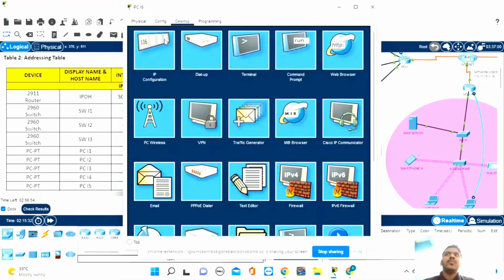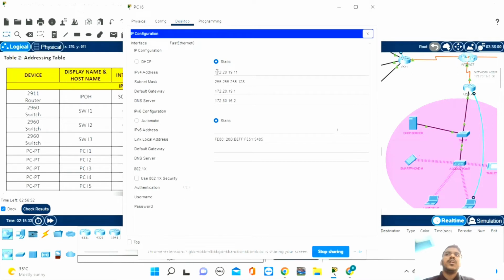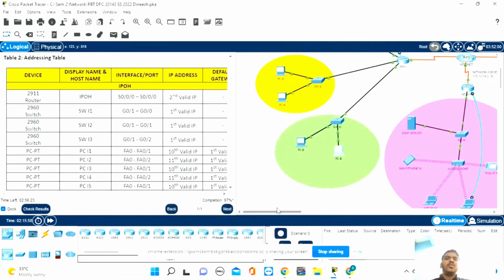We will press desktop and IP configuration and enter the IP address 172.20.19.11. The subnet mask is 255.255.255.128, and the default gateway is 172.20.19.1, and the DNS server is 172.80.16.2. And then now we will go to the